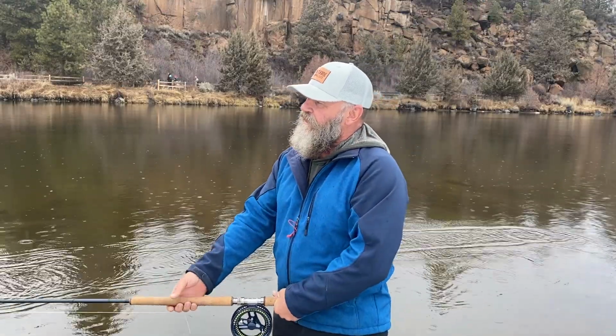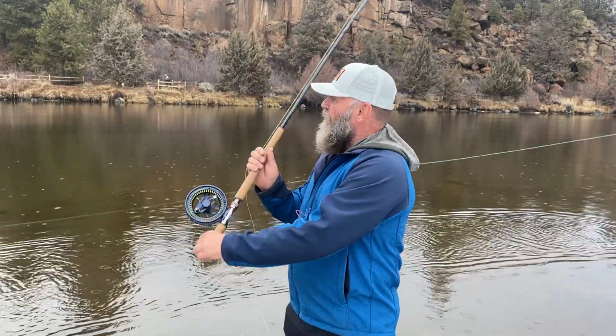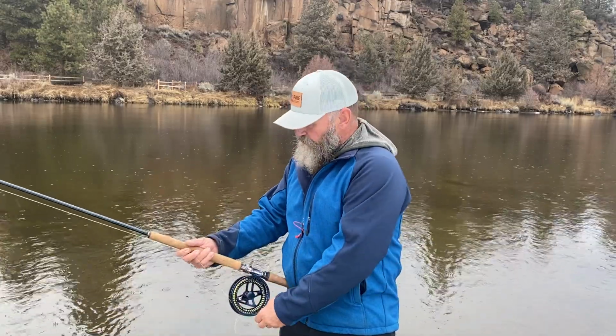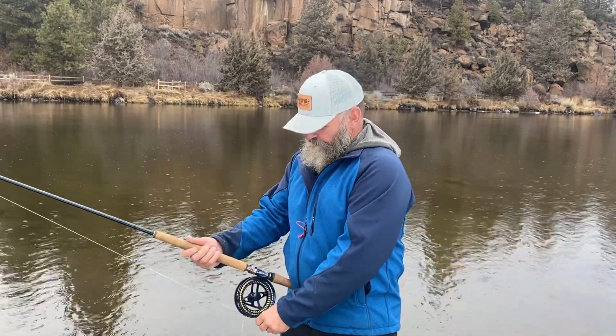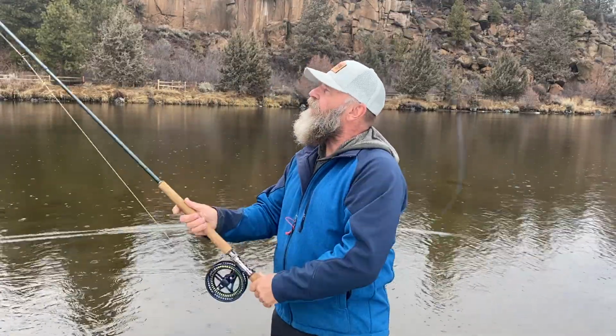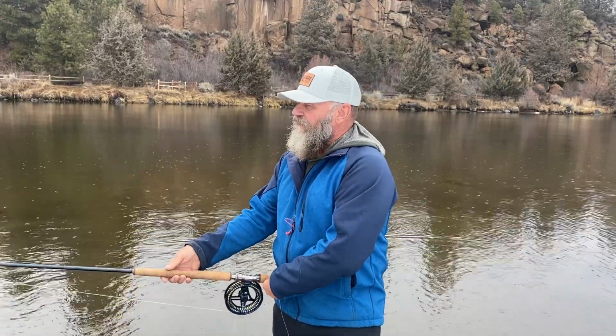So you need a rod that doesn't bend a lot. Maybe you could use a soft, parabolic rod and Scandi cast, but if you did, it would have to be one that still didn't bend a lot, because it's a super short stroke. So I got maybe a 31-foot head on this, super long leader, and the stroke is, you know,